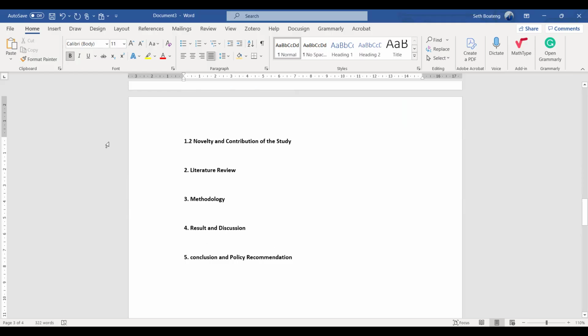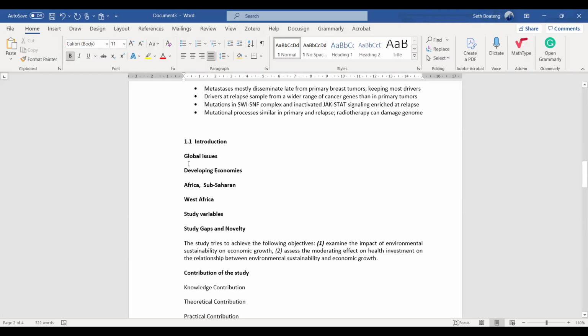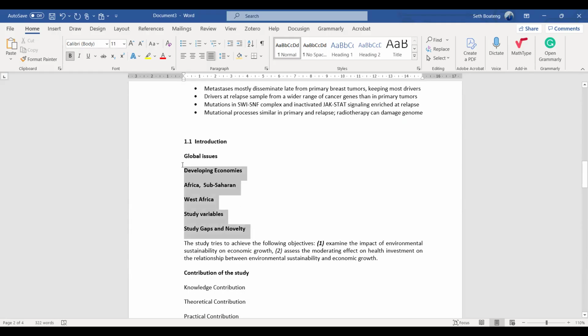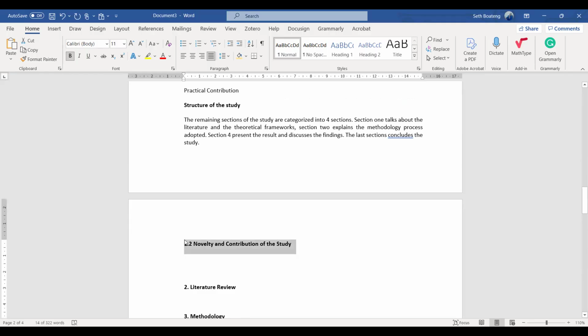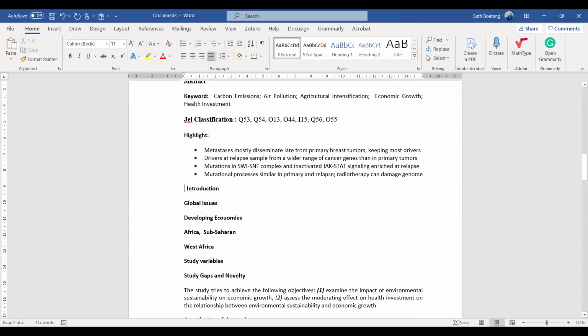I didn't get this thing. Maddy, please come again. I'm saying I didn't get this thing. Like, we have to give the heading 1.1 to the introduction and 1.2 to the novelty and contribution? Like I said, you can do it like this, and this one will be just 1, or even no numbering.